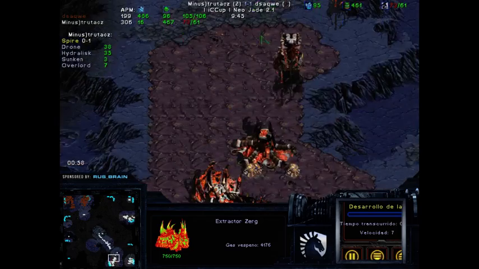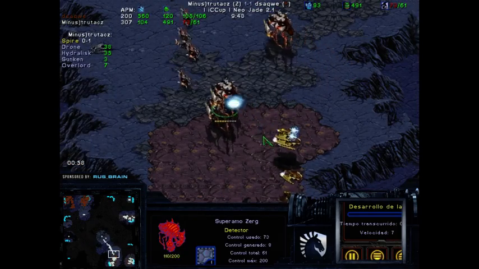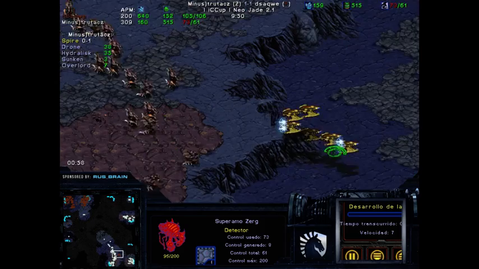And these Corsairs are going to start to get some overlord kills, which is actually pretty bad because trutacz is already supply blocked. So every single extra overlord kill is really going to become problematic. But